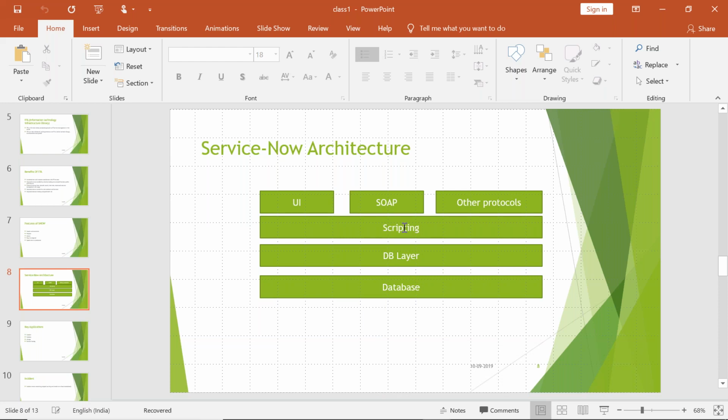This conversion happens in the DB layer, where the ServiceNow scripting gets converted to SQL and goes to the database. Finally, the database returns the data back to the DB layer in SQL, where it gets converted again and returned in the ServiceNow scripting format. Making sense here?